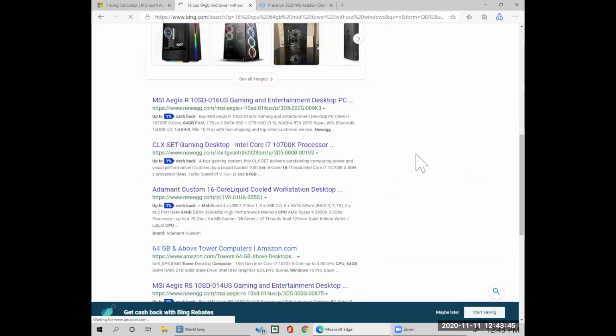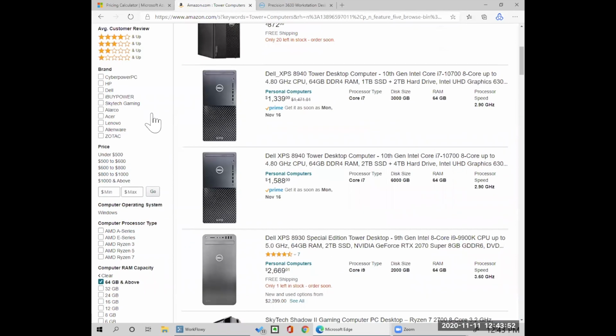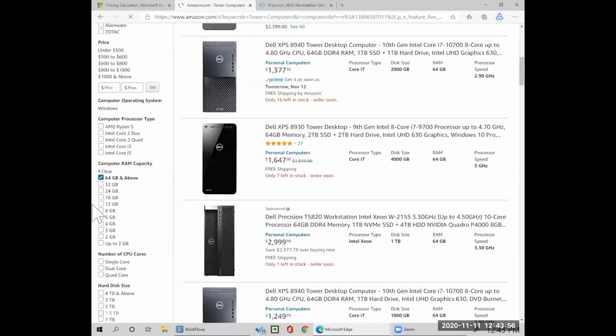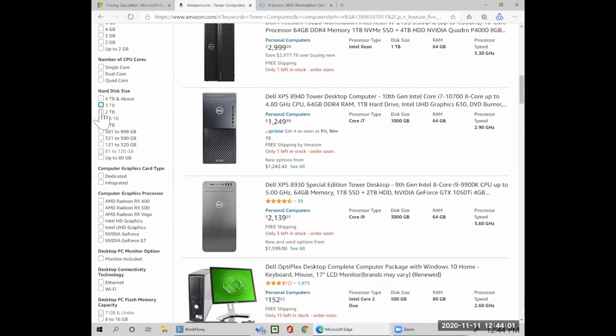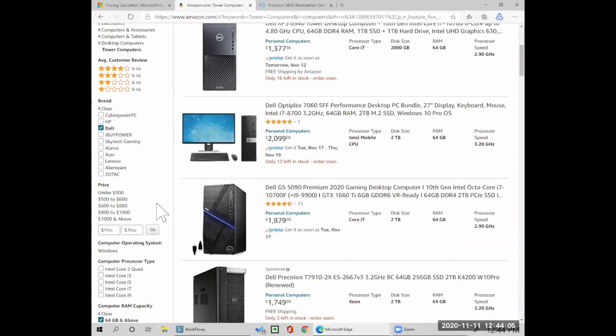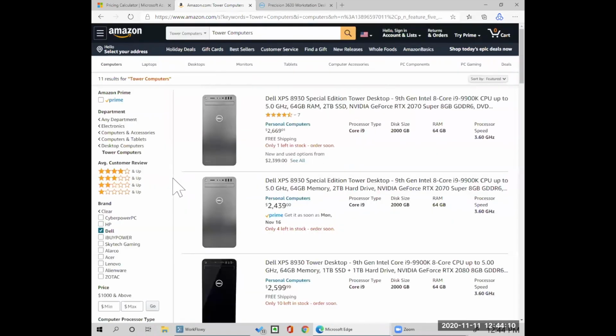Here, Amazon will probably give me no BS here. 6 core, let's say, I'll do Dell. Nobody's sponsoring us, by the way. I like Dell. 64 GB, the 2 terabytes. Oh, okay, these are kind of like the bleeding edge. But even then, let's just say this is $2,500.